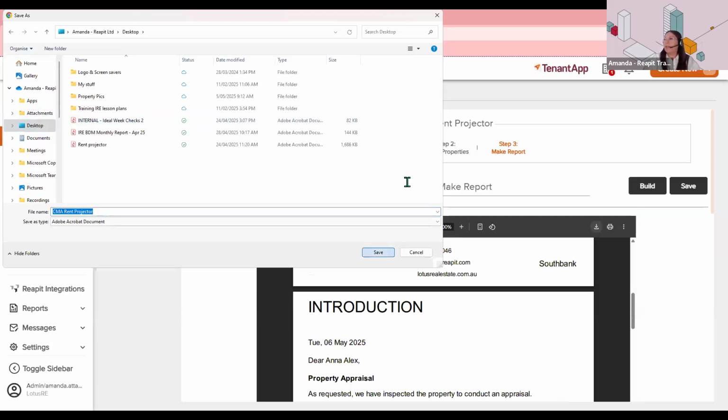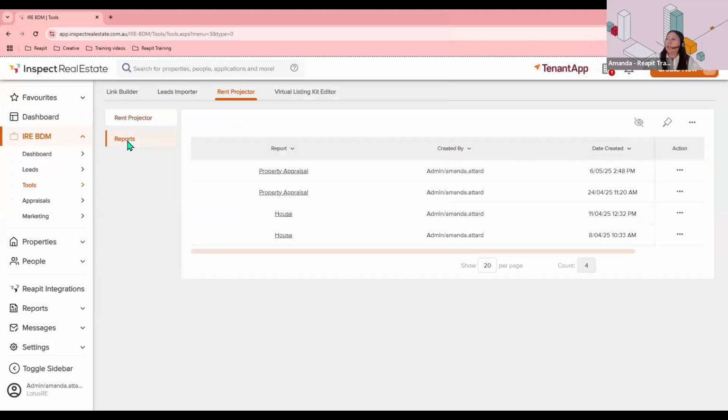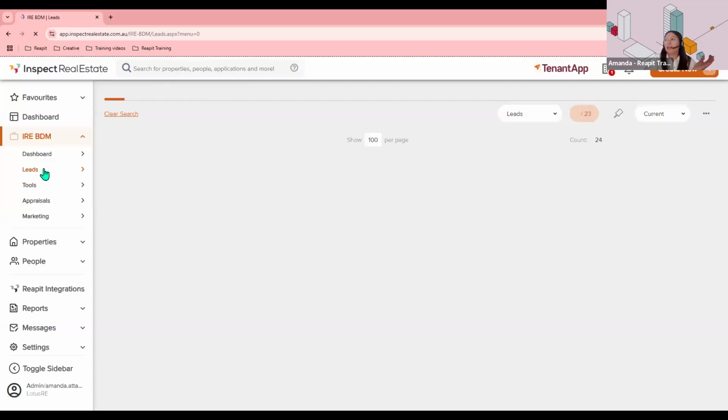We'll save that there. Under reports on the left-hand side, you'll be able to see all the reports that you have built. You can click on the 3 dots and re-download that. Now, if I wanted to send this through to Anna,